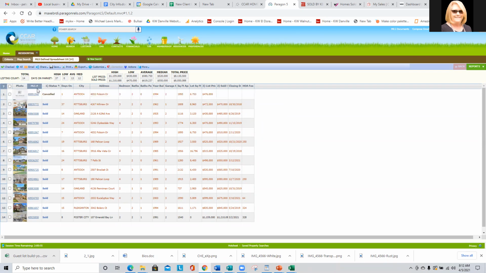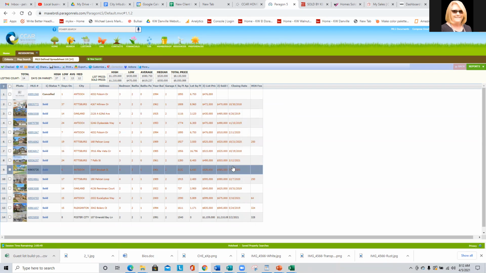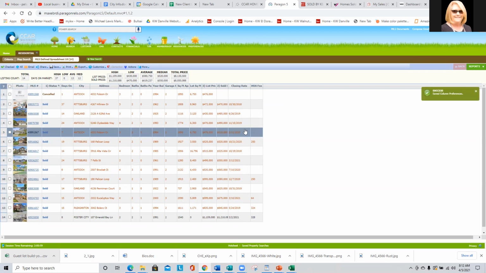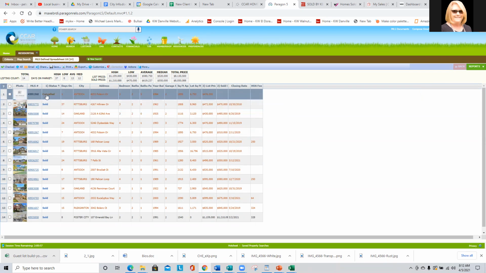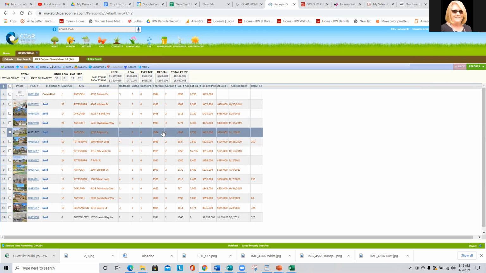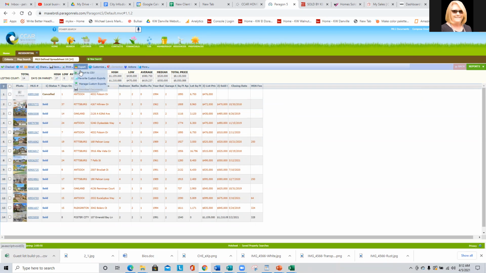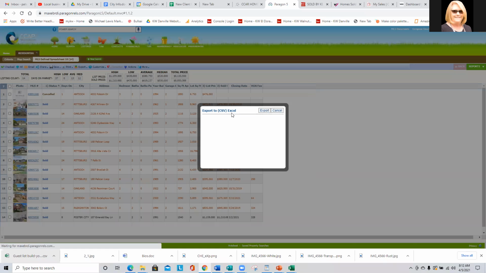And when I look up here, it does not have the close. Oh, it does have the closing date. We want to make sure we have a closing date because that's a sort feature. And we don't necessarily want the canceled ones, but that's all right. We're going to go ahead and export this into a CSV file. So export to CSV,